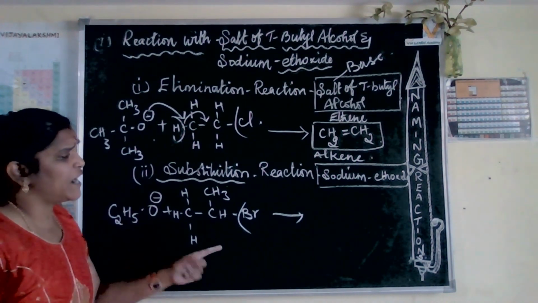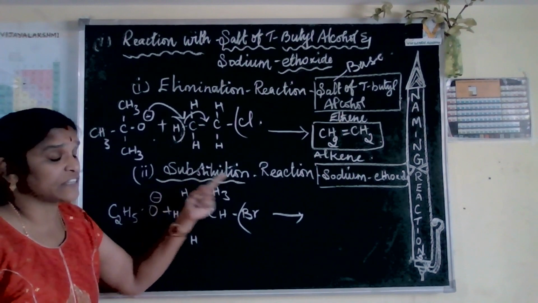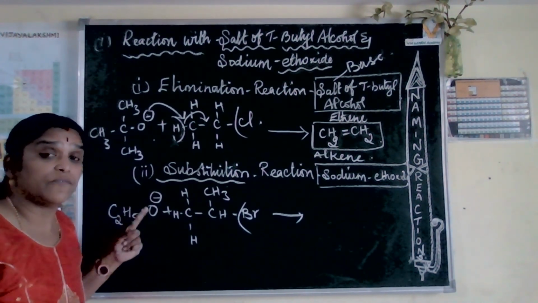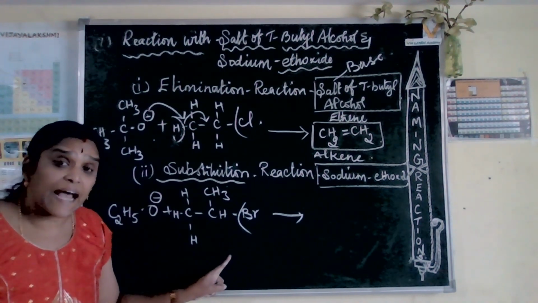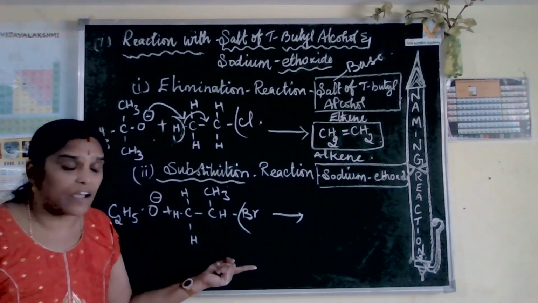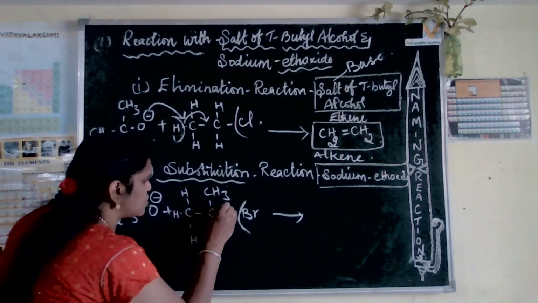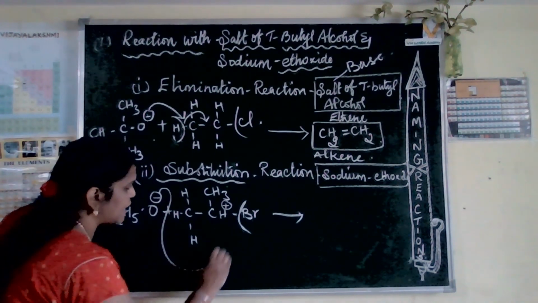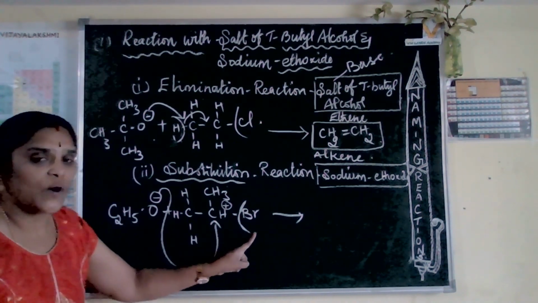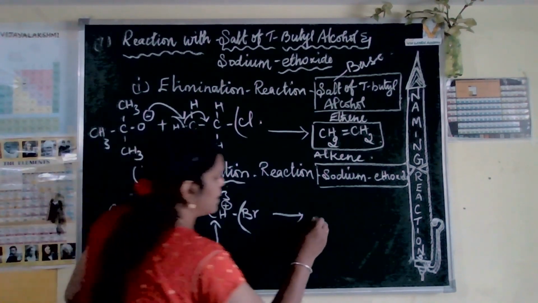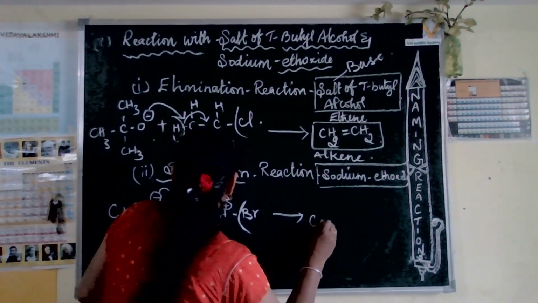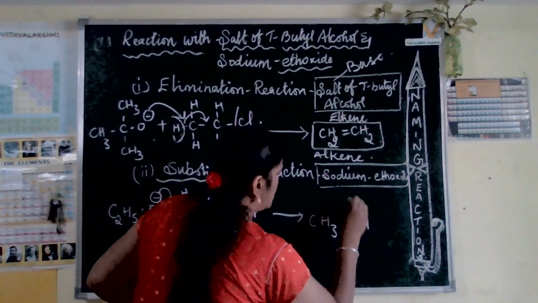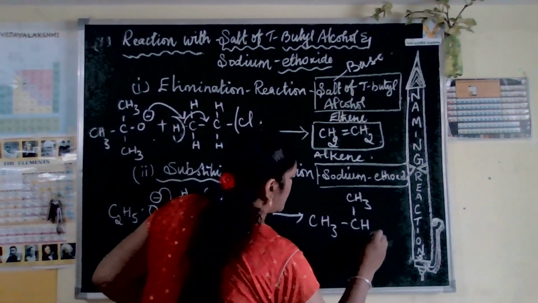Now where will it go and attach? Because it is a substitution reaction. Substitution reaction means it is acting as what? So that means this negative charge will go and attack that carbocation. Naturally, when this is removed, automatically this becomes a carbocation. So this is what is going to attack the carbocation. So what product are we receiving? Okay, let us go for that product. Here CH3, here CH, here CH3, here